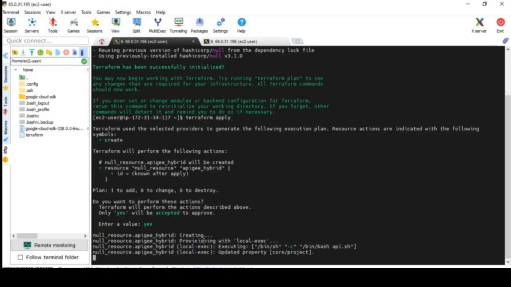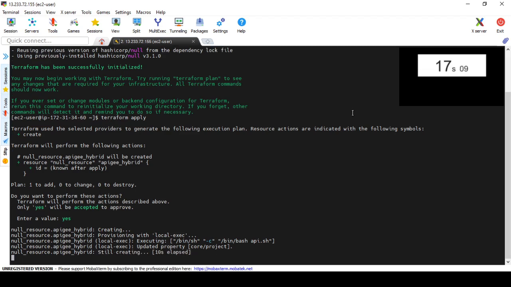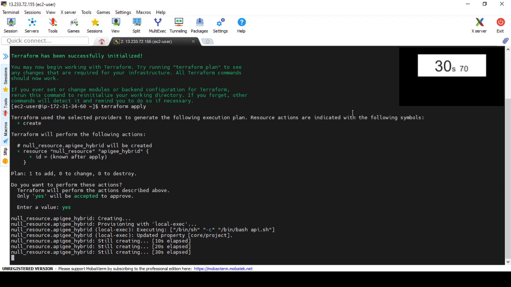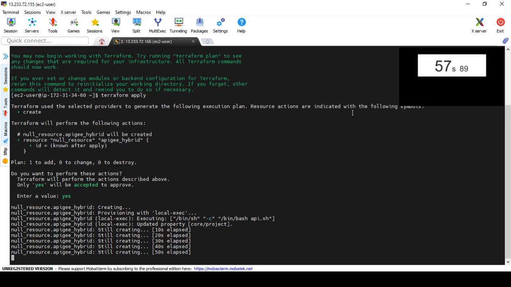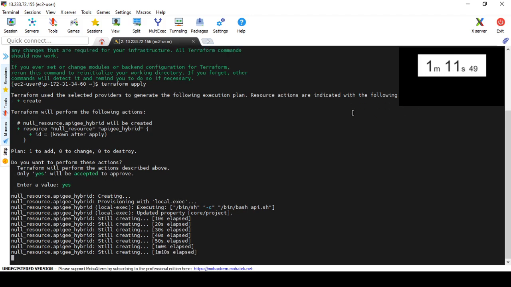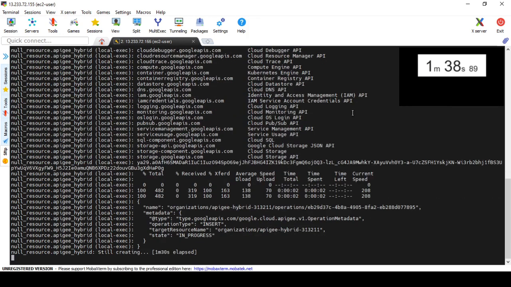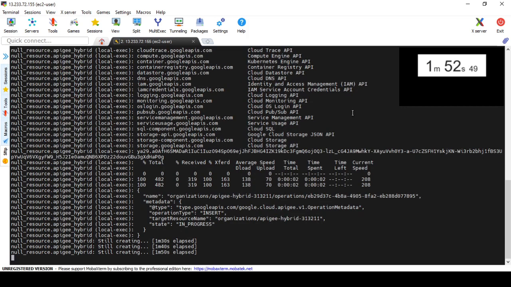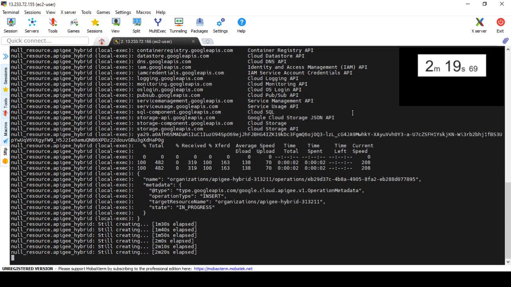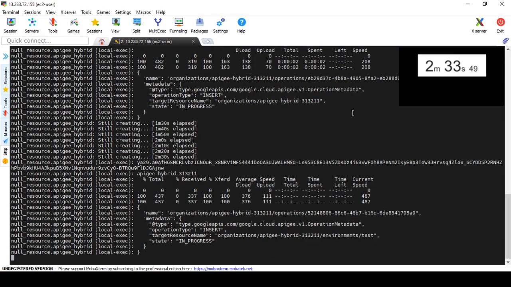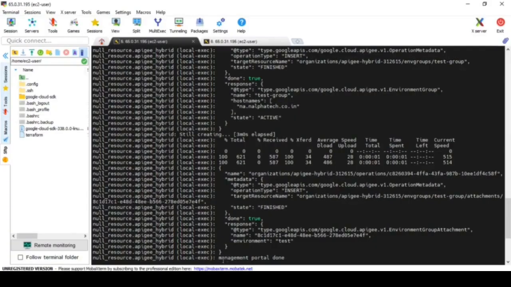So now it has started initiating our environment. Now it is showing the management portal is done.